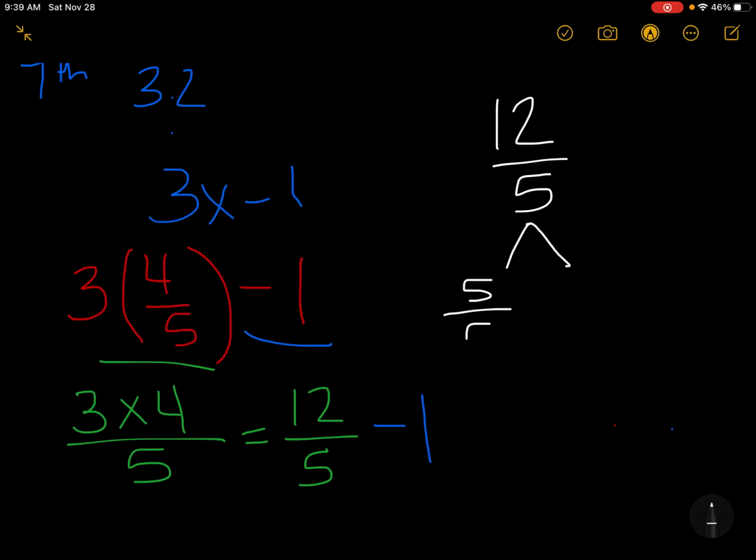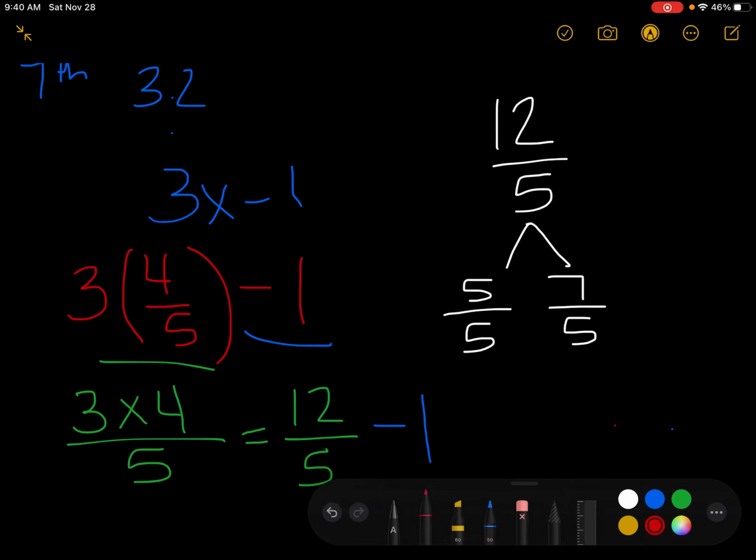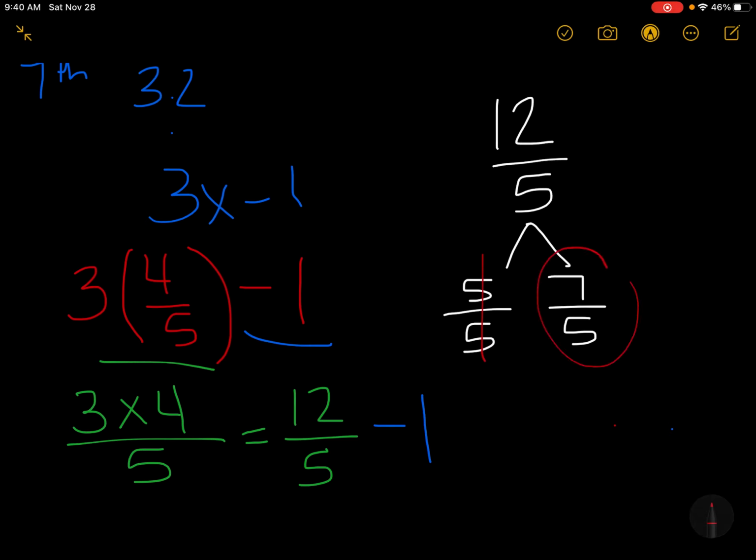If we take 5 of those 5 pieces away, we're taking away 1 whole. What you would be left with here would be 7 of those 5 pieces. We could solve that way and realize that we're trying to take away this whole here, being left with 7